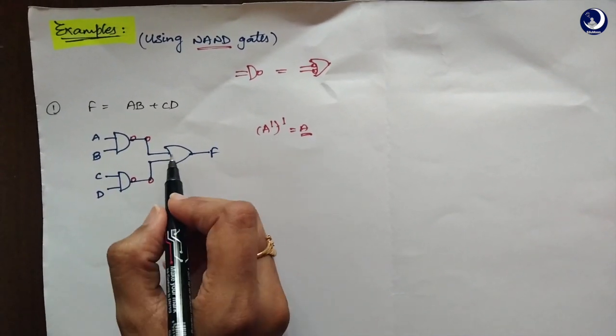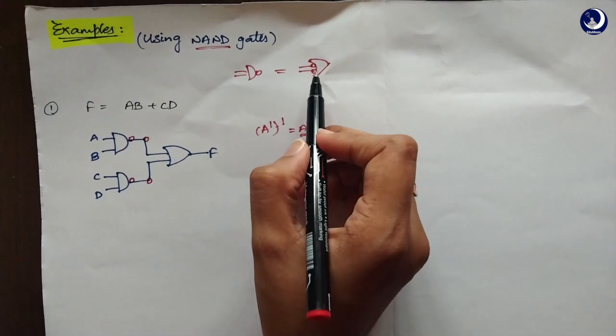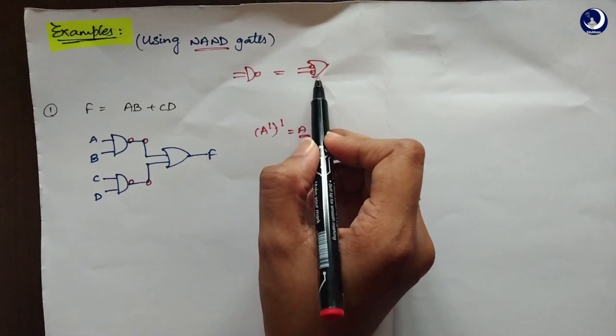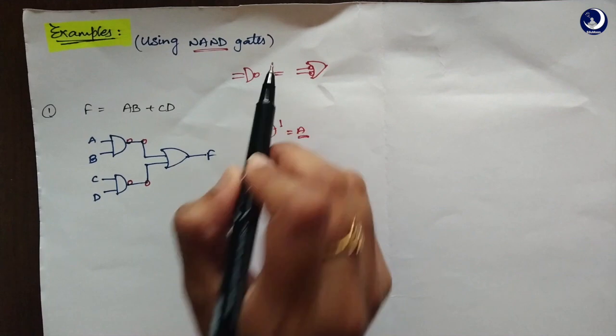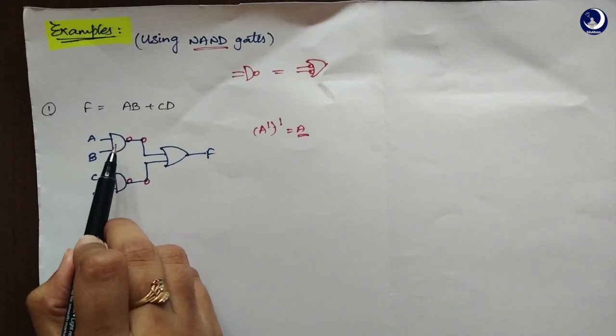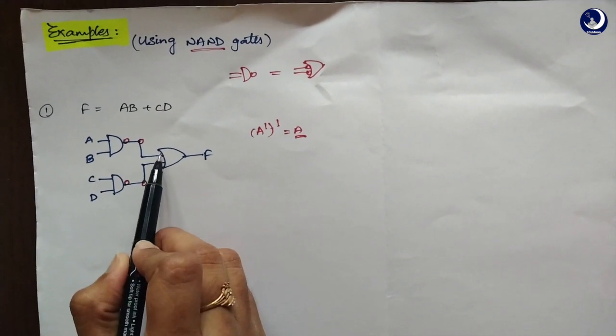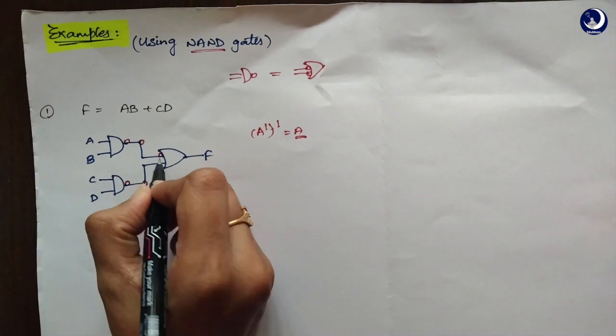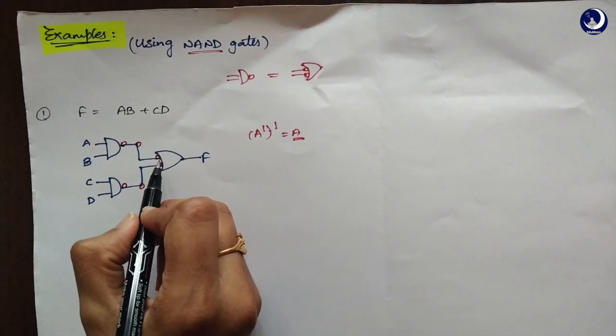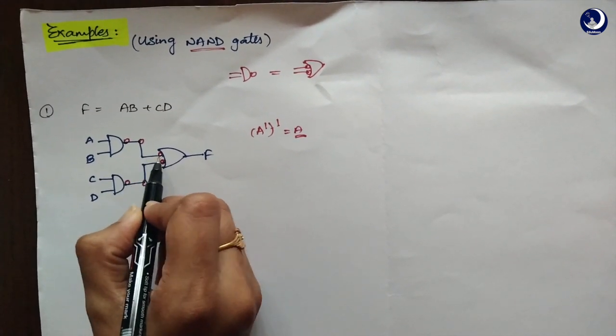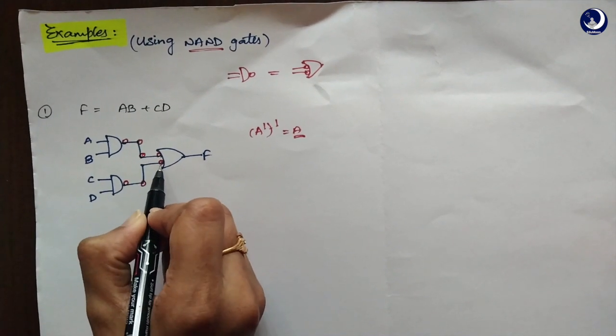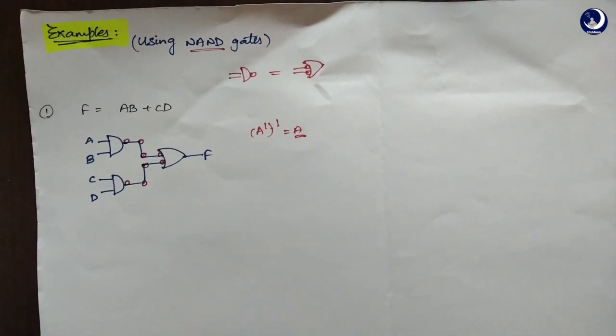Now, considering the OR gate, what did I tell you? For an OR gate, you need to place a bubble in front of it in order to make it a NAND gate. See, for an AND gate, you are placing the bubble at the output. For an OR gate, you are placing the bubble at the input. So there's a bubble here, and there goes a bubble here. Again, in order to nullify this, you need to place another complementing bubble here. Now we are done with the bubble structure.